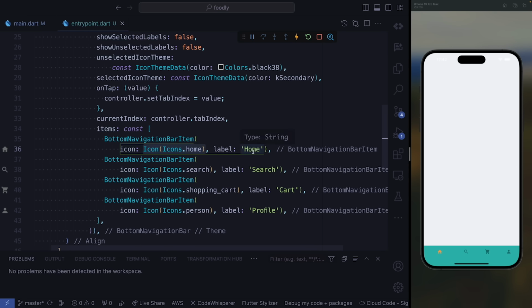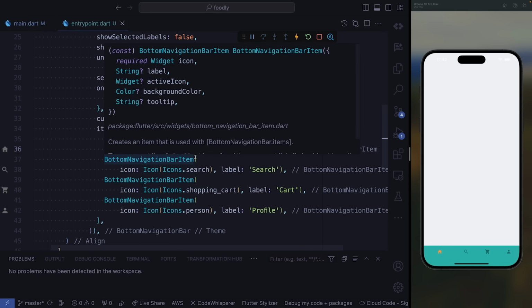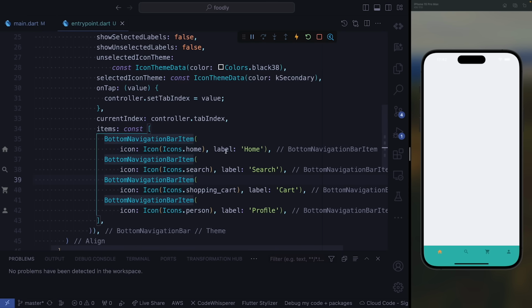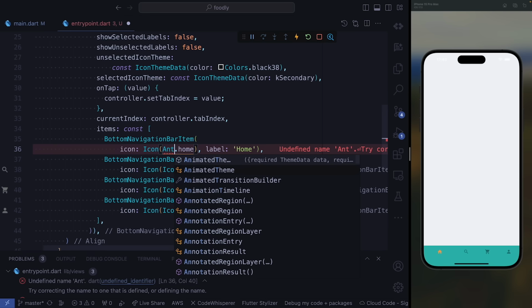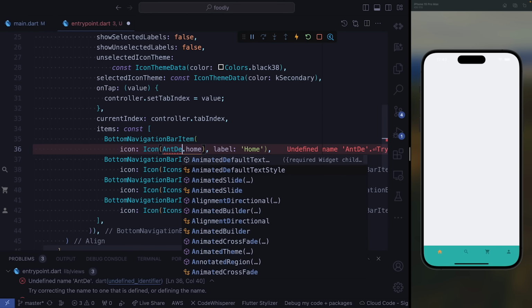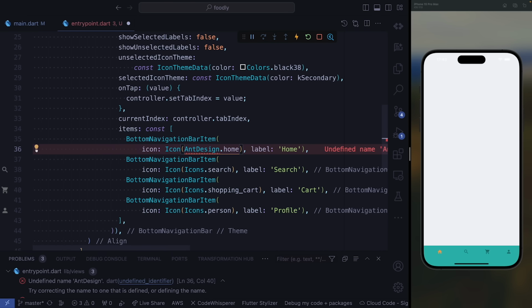Our labels, we're not going to touch them, not even once. But we're going to touch the icons, because we need a different set of icons than the ones that are being saved to us right now. So first, for home, we're going to be using InDesign. If you just type InDesign, then you need to import